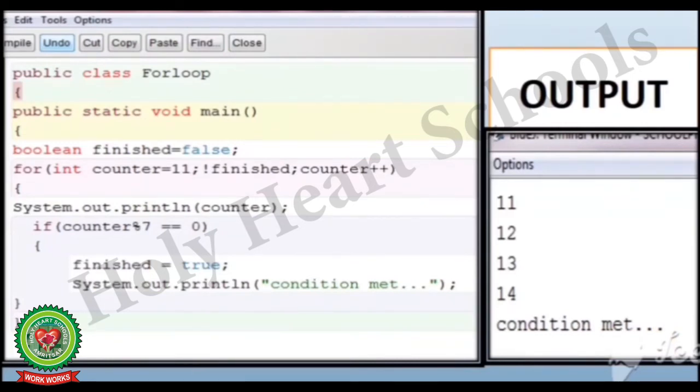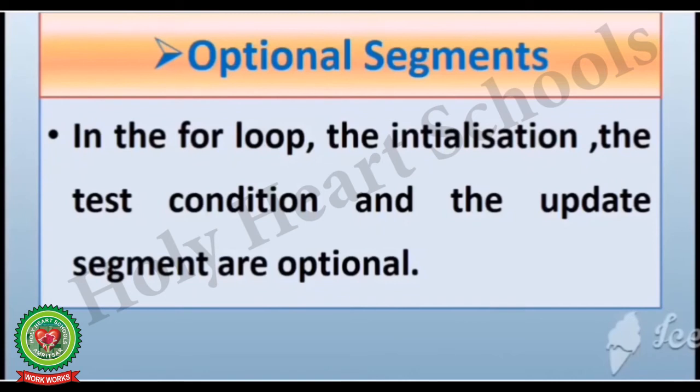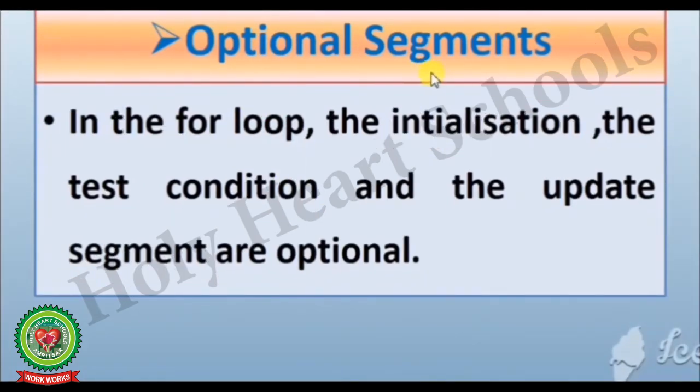Clear, students? As this is the logical NOT operator, that is false at the starting, but at the finishing of the program it will change into true. Now we will do the next variation, that is optional segments.